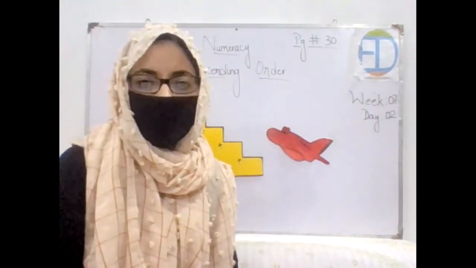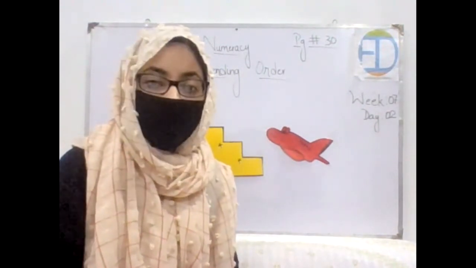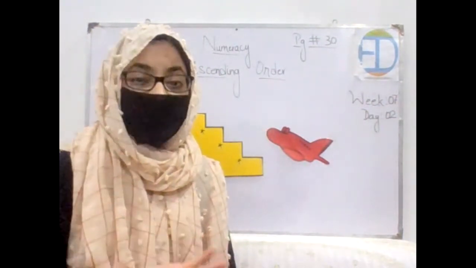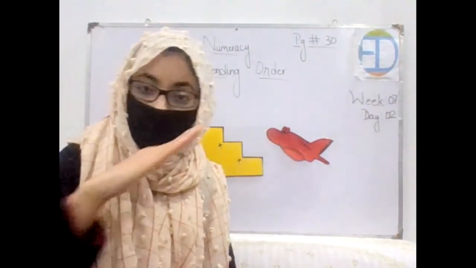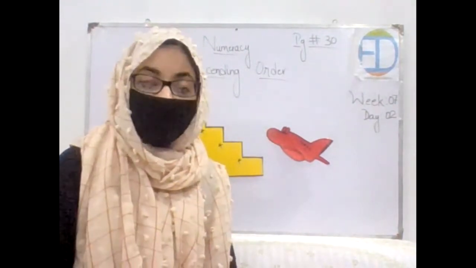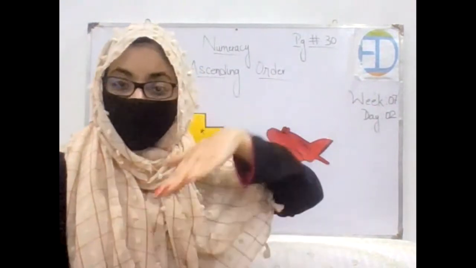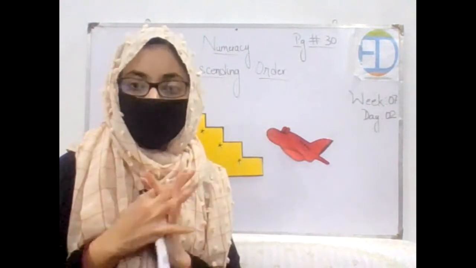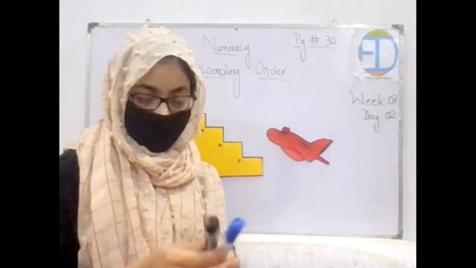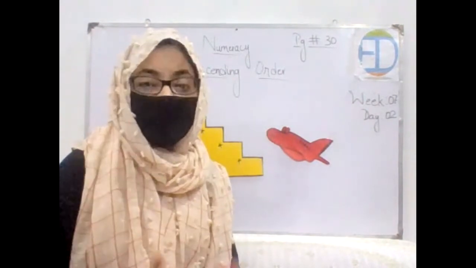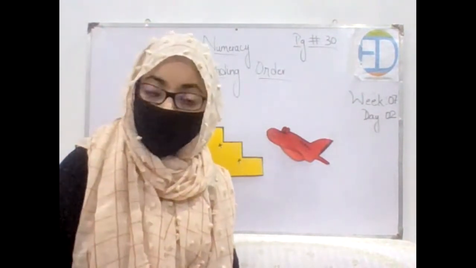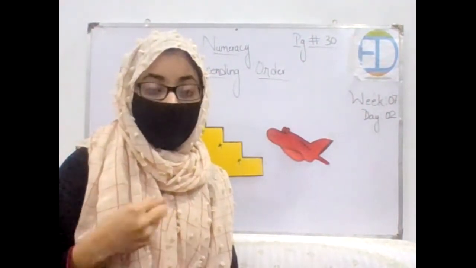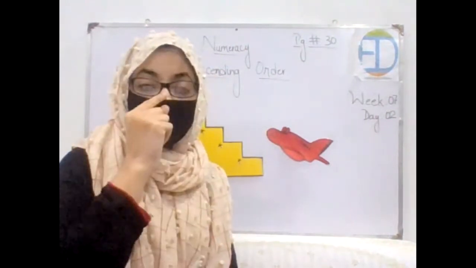Excellent. So tell me, increasing order is similar to ascending or descending? Ascending. Excellent. And what does ascending mean? Going up, right? Okay. And what does descending mean? Going down. And what was the hint that I gave you to remember the descending or the decreasing order? That descending, decreasing, and down, three of them start with the letter D, right? So this is a great hint or tip that we can easily remember, that decreasing or descending order means